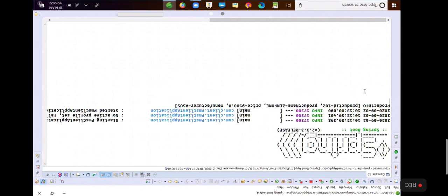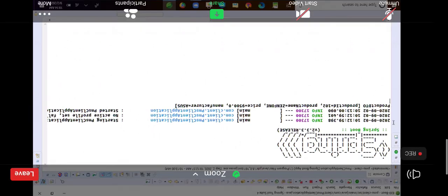So RestTemplate is a class used by Spring applications for consuming REST APIs. It doesn't matter whether that API is developed in Spring or Java or .NET or Python or PHP. So this is the session for today. We will continue this in the session tomorrow to complete the remaining endpoints.